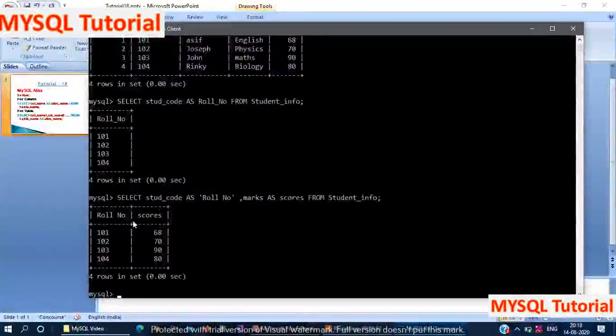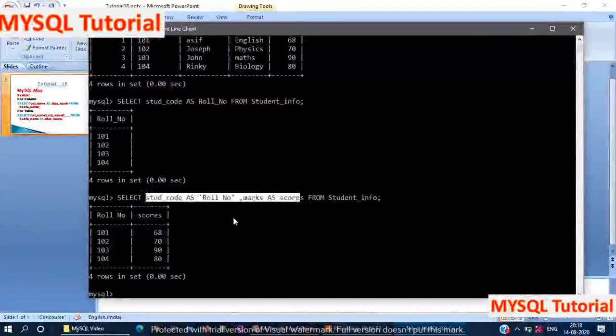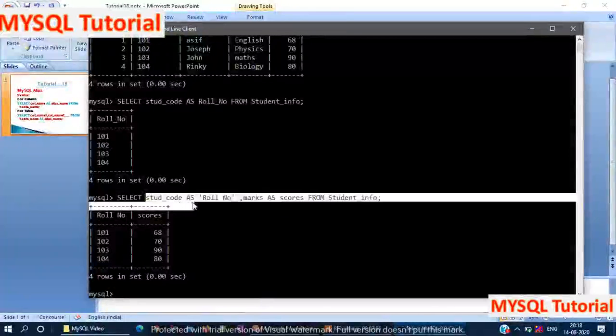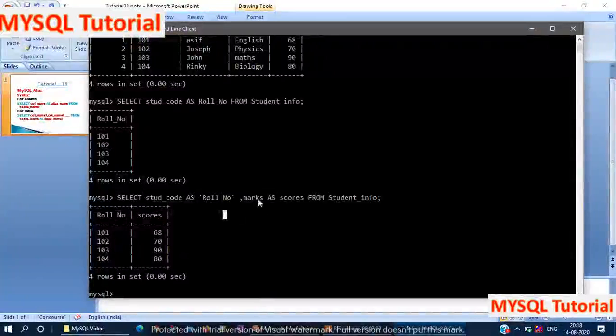Here you can see in the first query I have used only one column and in the second query I use two columns. You can use more than one column in the list. In this query I use select student code as roll number and marks as scores.